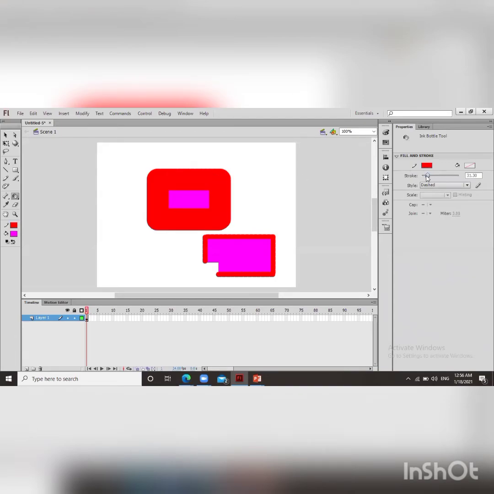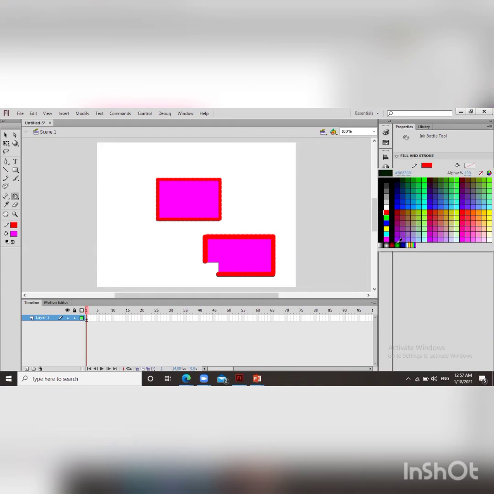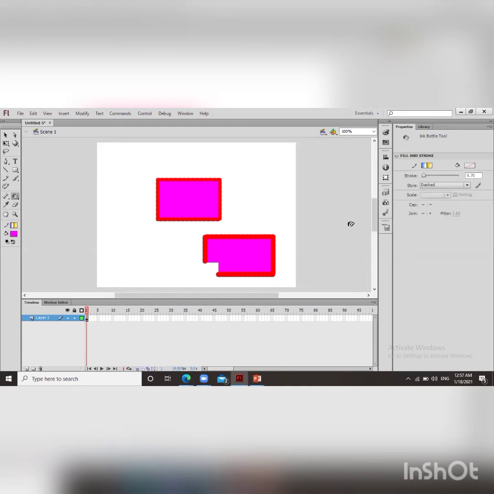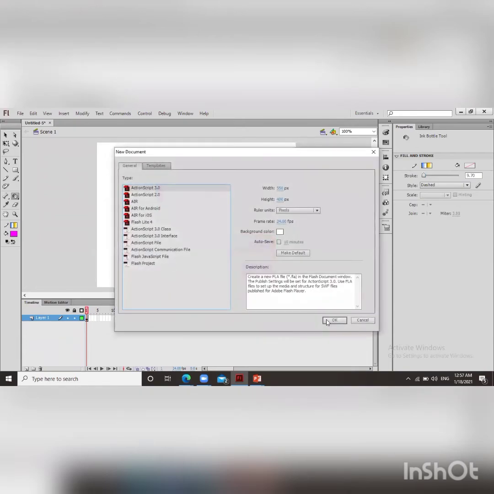You can decrease and increase the stroke size. Same like that, you can change the stroke color and stroke width. So this is our ink bottle tool. Now I am opening one new file.